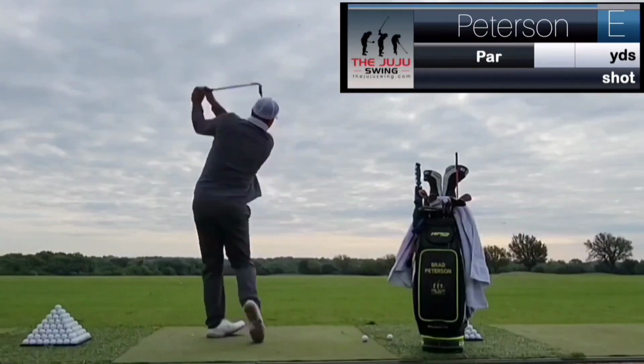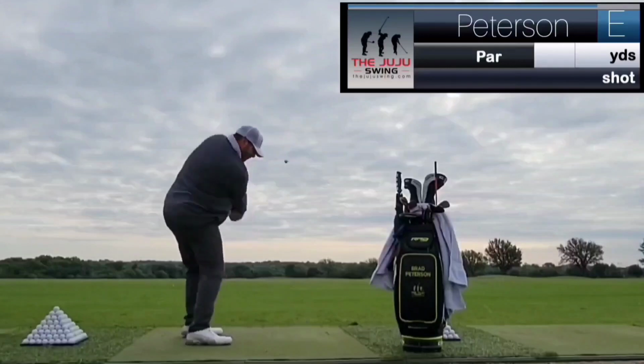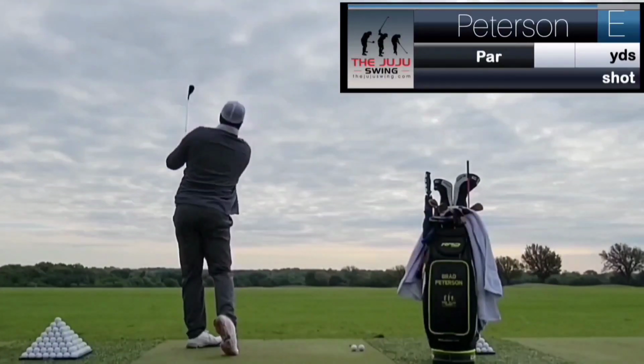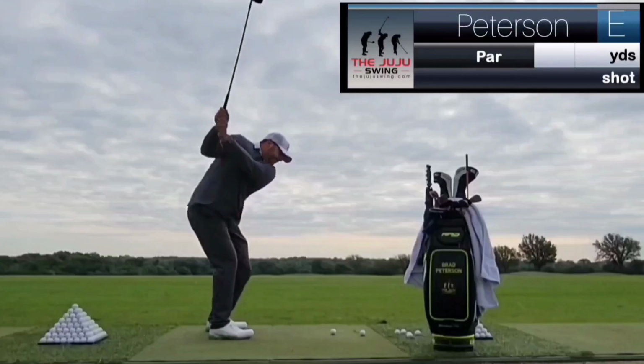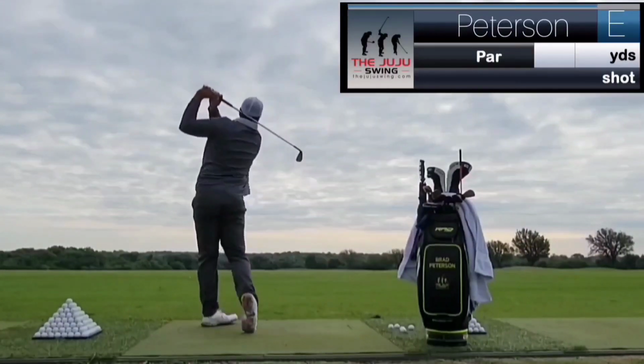Okay, everybody, we are here. The wonderful, beautiful, Gentle Creek Country Club in Prosper, Texas. The wonderful staff out there had me out. Great hosts, beautiful facilities. You can see they stacked the pyramids on the range. I'm warming up for hopefully a really good round of golf, and I think you guys are really going to